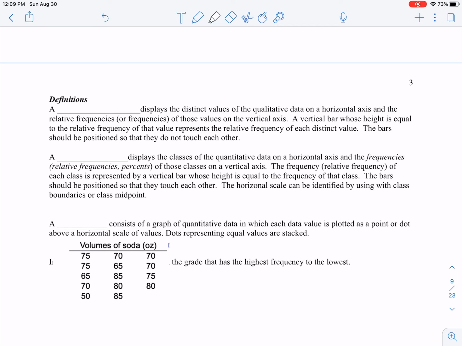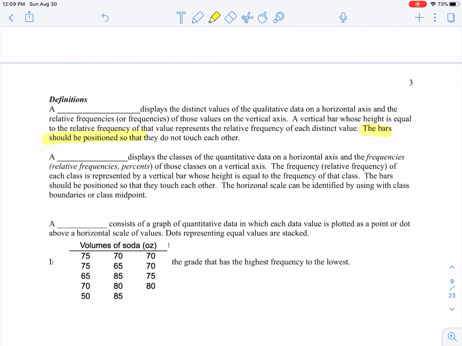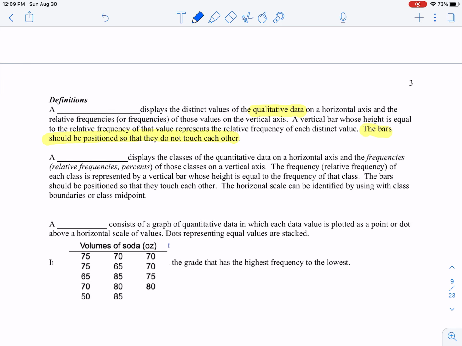The vertical bar's height equals the relative frequency of that value, representing the relative frequency of each distinct value. The bars should be positioned so that they do not touch each other. So we have these two things that we want to highlight here. This graph displays values of qualitative data on the horizontal axis, and the bars should be positioned so that they do not touch each other. So if we have a graph that satisfies this definition, we're going to call this a bar graph. So a bar graph is used for